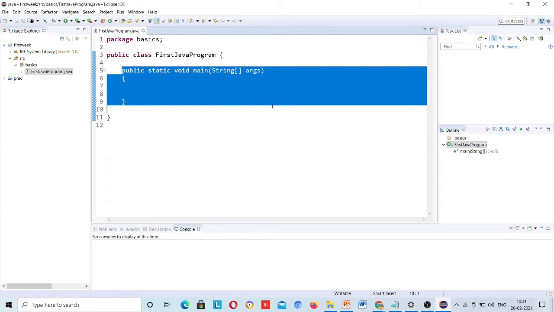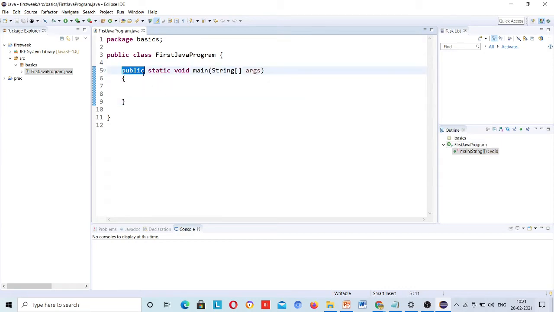Now I don't need to write public static void main. Forget this as of now. What is this public, what is this static, what is void? I will explain. Once I explain packages, then I will explain the public modifier, the static keyword, and then I will come to return types as well.